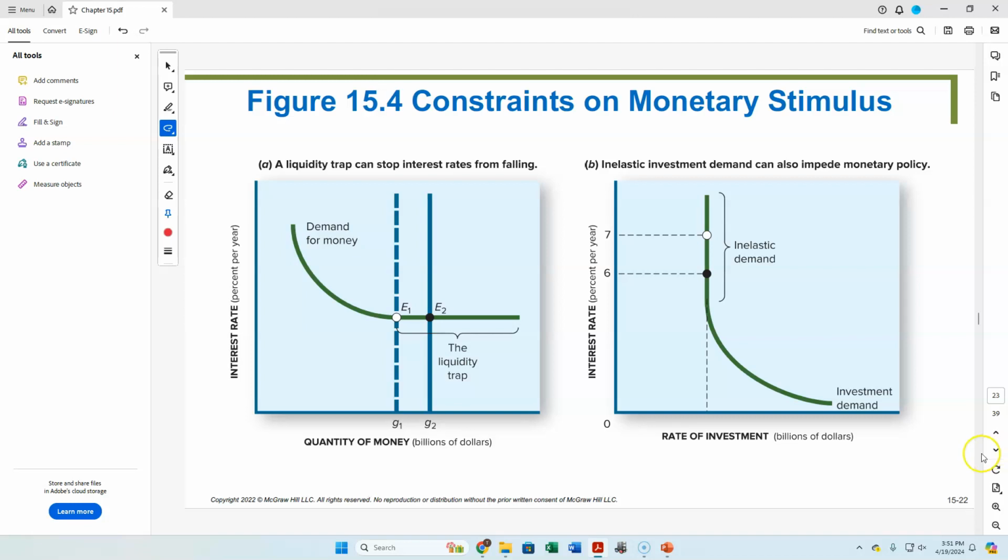And that's what we're saying here with the liquidity trap. Essentially, imagine that this is where zero is. What else are you going to do? You can't lower the interest rate below zero. And then on this side here, this is the idea that you can keep trying to lower the interest rate, but if people are worried about something else, like a disease that has an uncertain length of time, people aren't going to change how much they're investing or borrowing to expand operations because they just don't know what's going on.